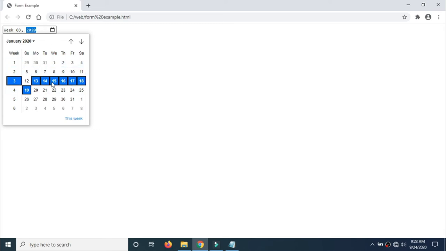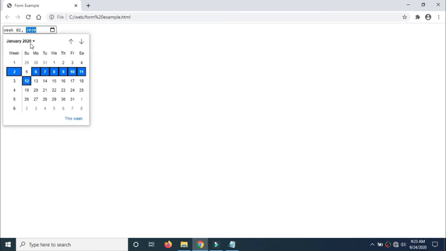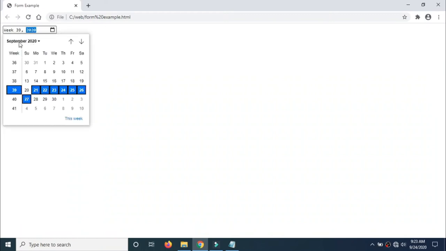In this window, if I select this 15, week 2. Now I'm in January, so I'll come to this week. It is September 2020. If I click on this 22, the 39th week.